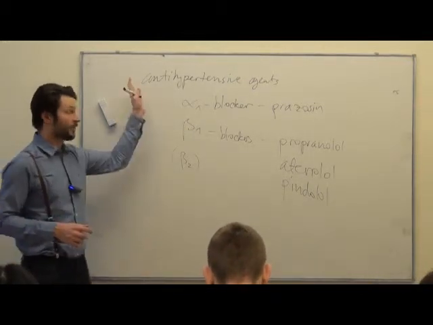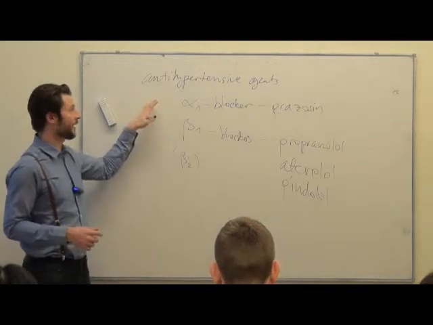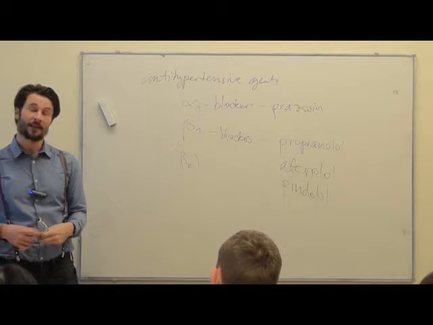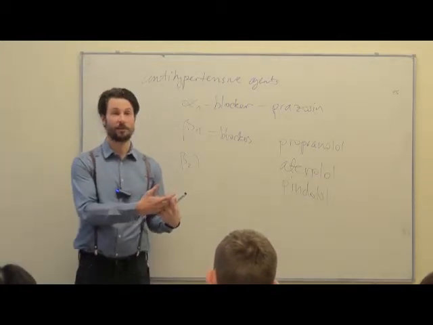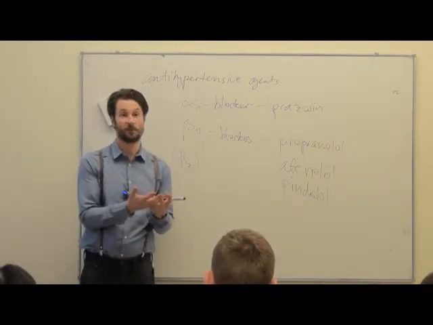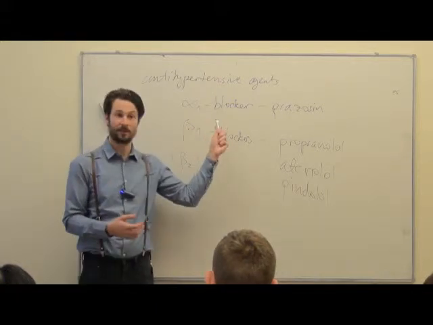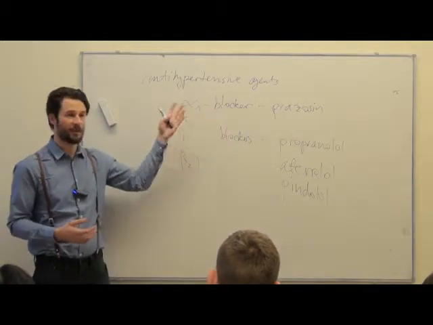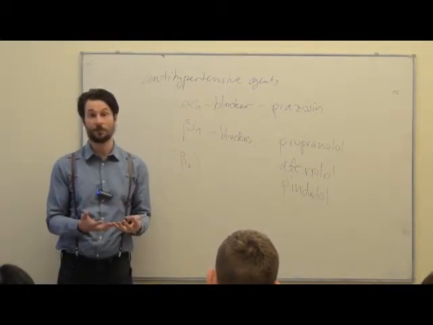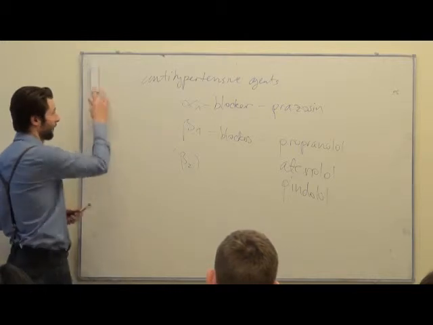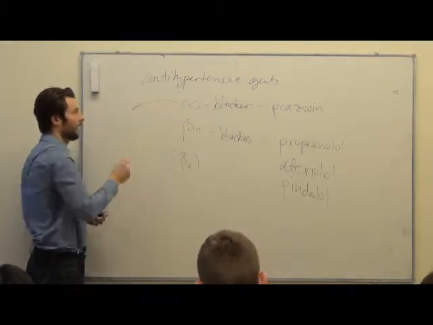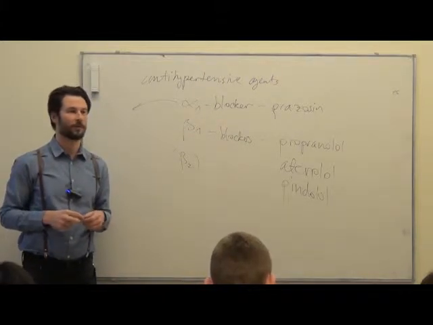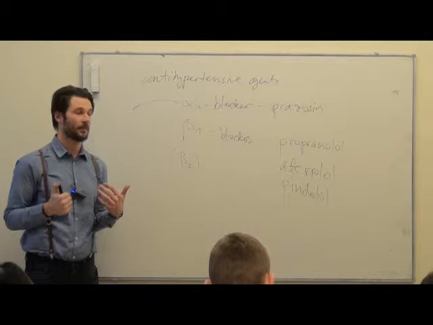We started with antihypertensive agents, but since we mentioned alpha blockers, alpha-1 blockers, and beta-1 blockers, the question is, can we also use agonists of these receptors for something useful? So we talked about antagonists, and we said that they both are antihypertensive. And the question is, can we use alpha-1 and beta-1 agonists to do something interesting? Well, turns out we can. What are alpha-1 agonists going to cause in the body? They will increase blood pressure, absolutely,